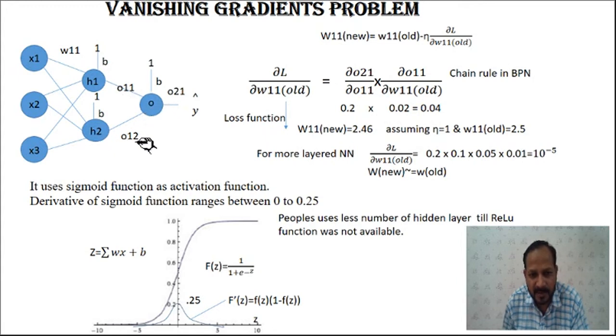Similarly, you can calculate the output O12 by using the net input for H2 from X1, X2 and X3 along with its weights, then applying the sigmoid function. Then we can similarly calculate the output of O. That will be the output O11 multiplied with a certain weight, plus the output O12 multiplied with some weight, and then apply the sigmoid function, and we will get the output of this output node. That is the general procedure for calculating the output of any neuron.